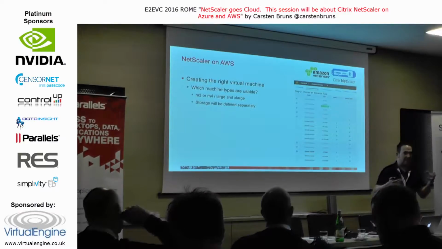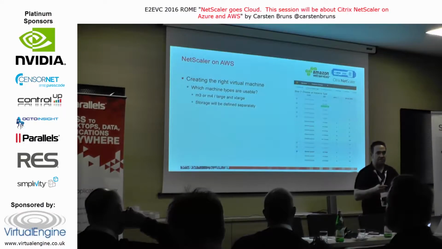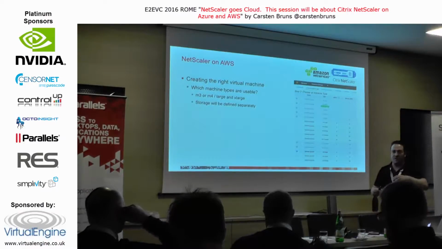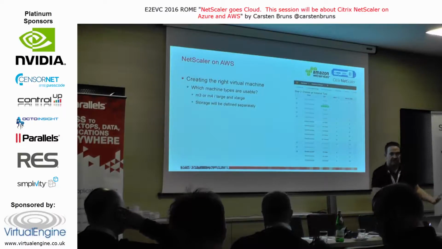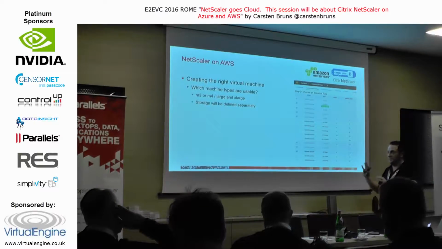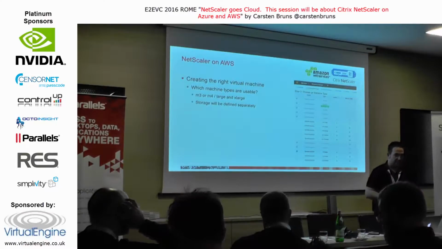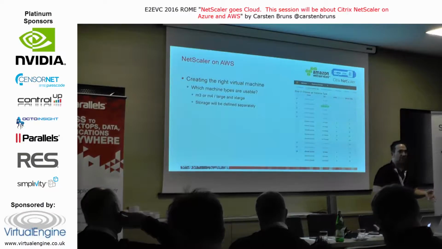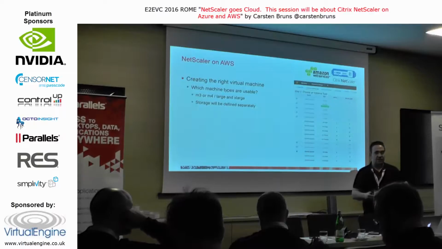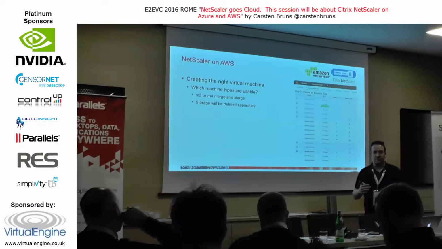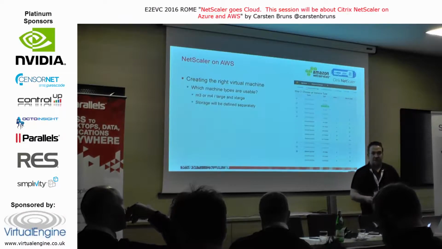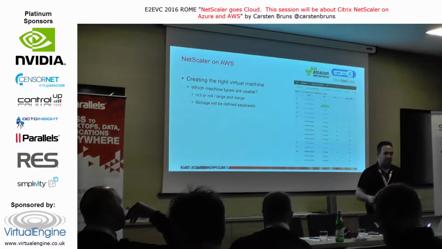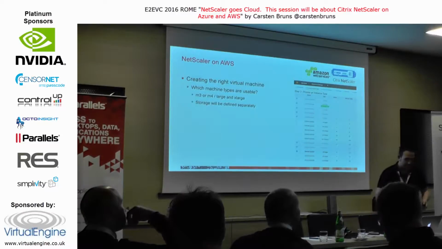So in Azure, you will have a fixed storage depending on your machine, and in AWS you can add the storage like you want. So this is a little difference between them. I think storage is not important for NetScalers, only for the configuration. I figured out if you use magnetic disks, it will freak you out because it's very, very slow when you configure it, but the NetScaler is running very well because the NetScaler only uses CPU and RAM, and not really hard disk.